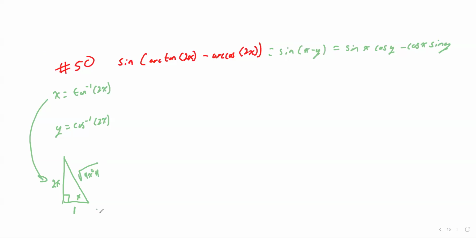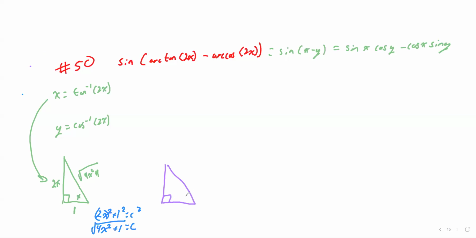And the reason I just did that, here's some side work. This will be 2x squared plus 1 squared equals c squared. So that must be 4x squared plus 1. And then you would take the square root of that to get the c. So that's how I got to this point. And so then I would take that, and anywhere there's an x, I need to use that information. But let's go ahead and build the other